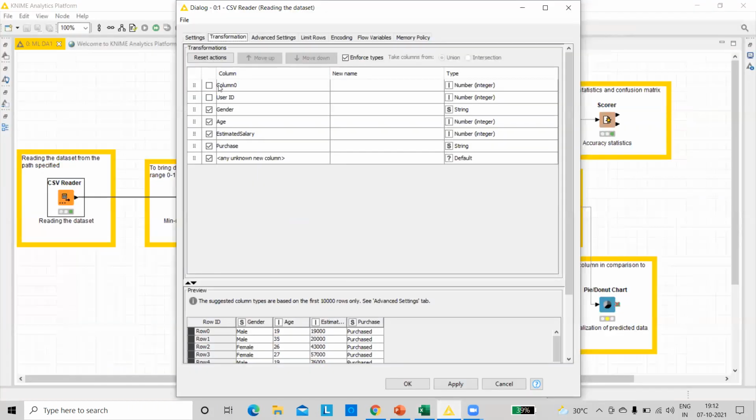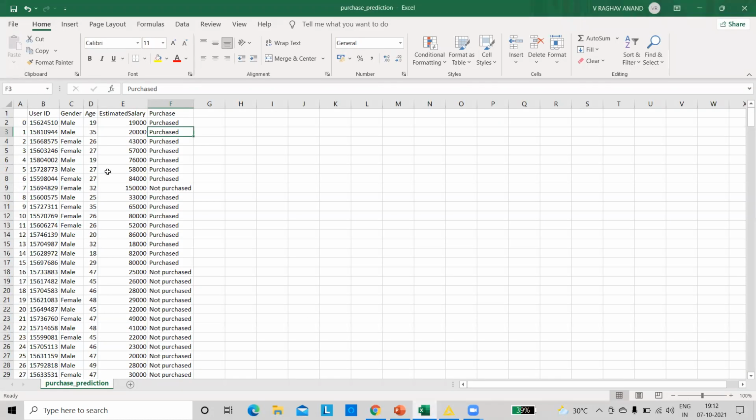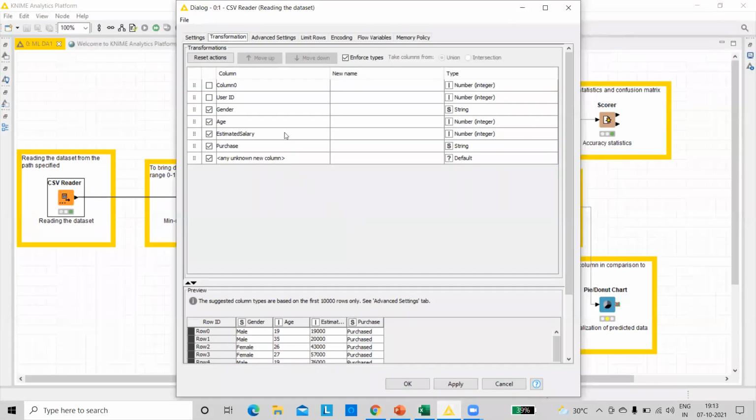So this is something that does not even have a header existing. So what I'm going to do is column 0, I'm going to remove it. If this was ticked, it means that I'm including the column. So I'm not going to include the column, and hence I'm going to remove that particular column, and user ID as well. So user ID is something that has a large number, but I don't really need that column because that user ID is not going to have a major impact, or to be precise, it is not even going to have an impact if the customer is going to purchase the product or not. So that is the column that I'm going to drop off when I'm going to do the visualization. So I'm dropping the user ID as well, which is a number.